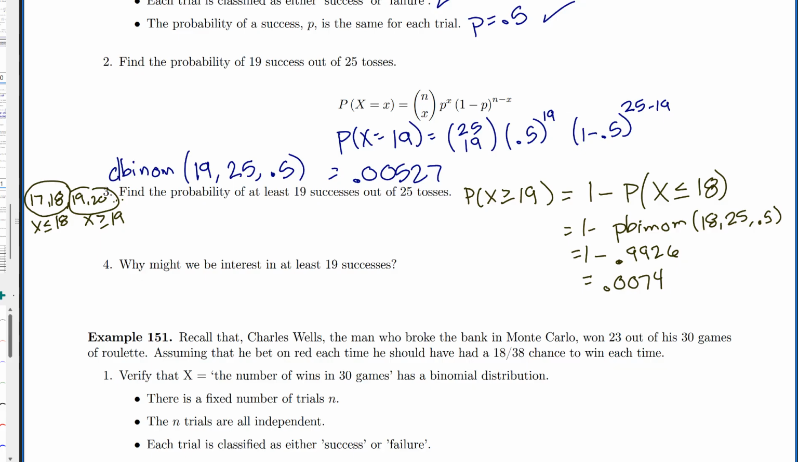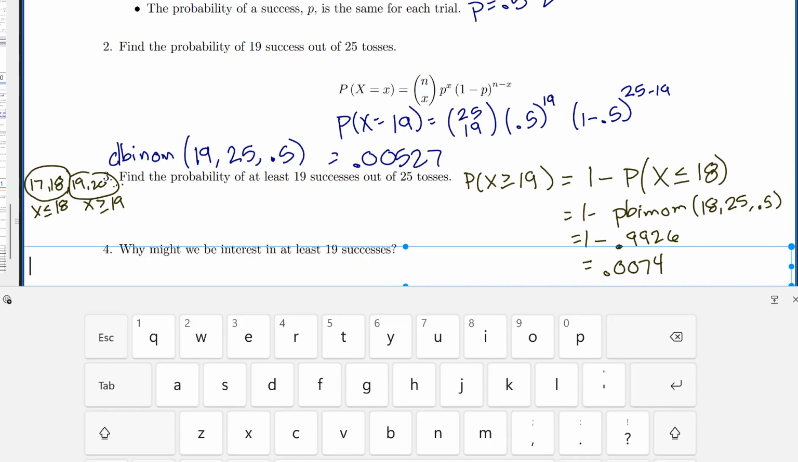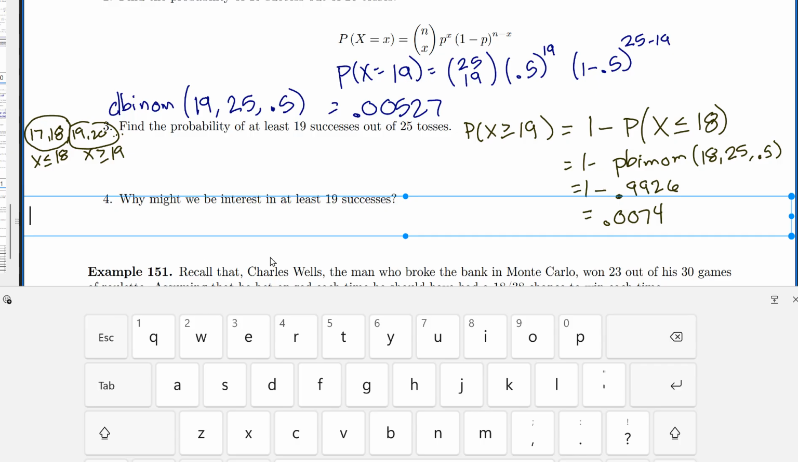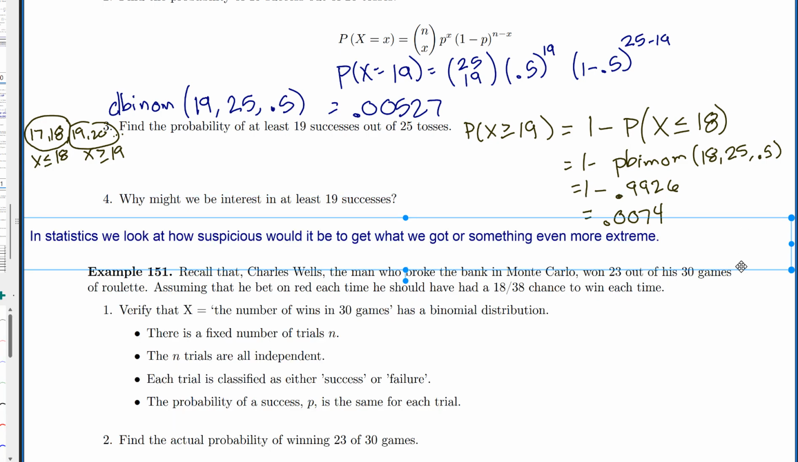Well, why did we say at least 19 successes? Why didn't we just do exactly 19 successes? Well, the thing is, in statistics, we are always interested in seeing how suspicious it is if we got what we got or something more extreme. So let me pause and write. So I always look at what we got or something more extreme. So then we can say, in this situation, for 25 coin flips,